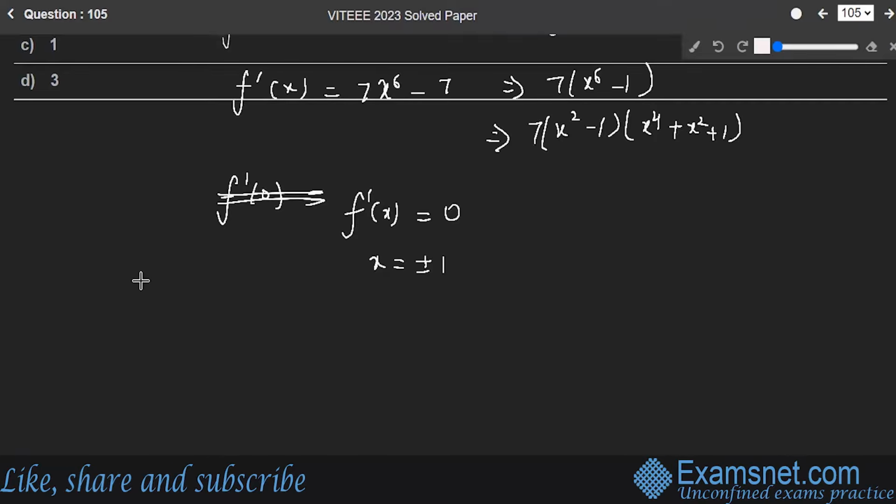Now, the function is strictly increasing. A function is strictly increasing at